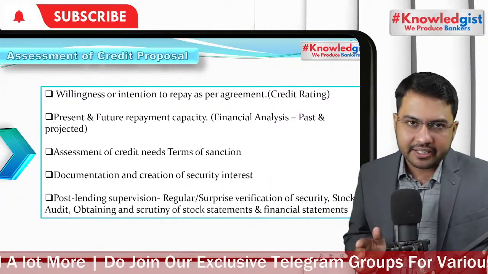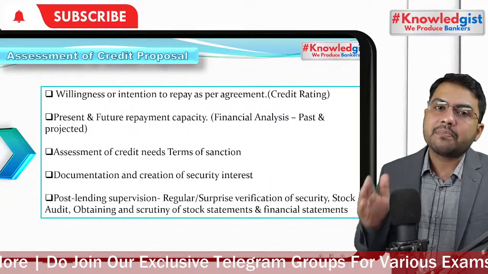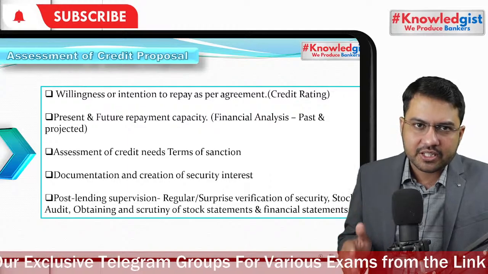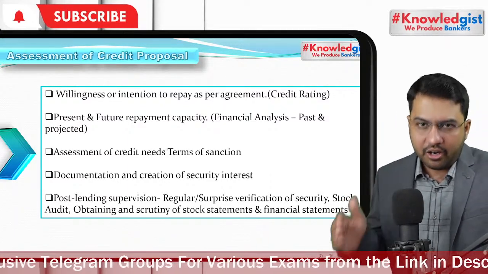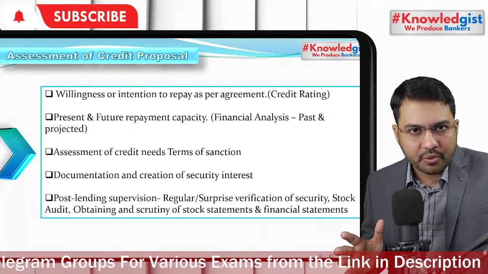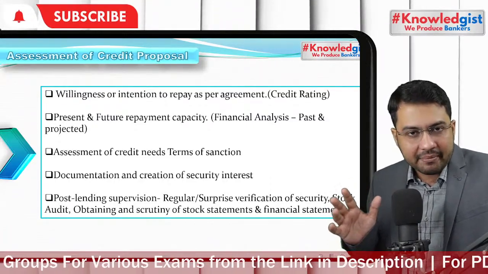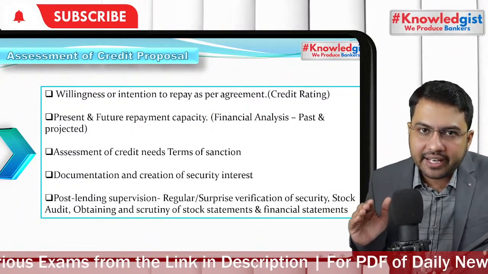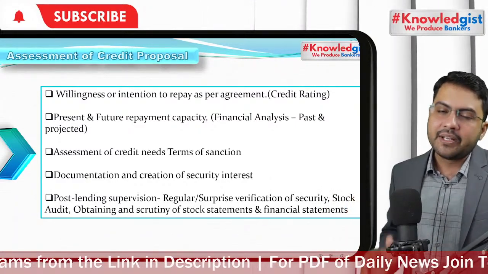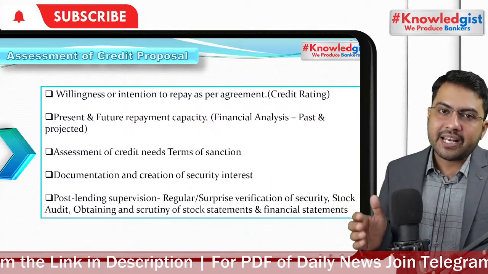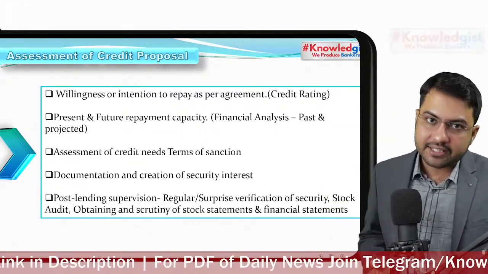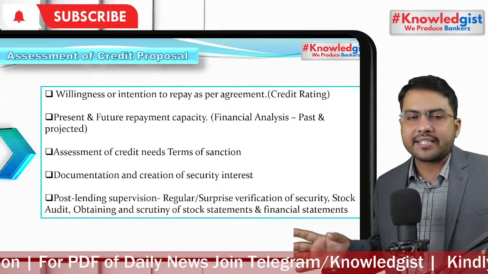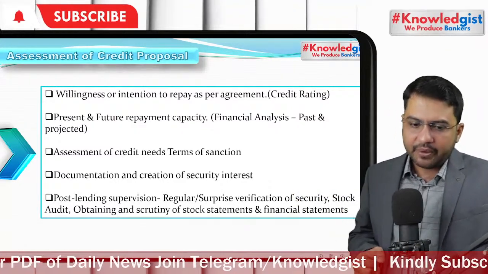And how do you check the intention to pay? From CIBIL, from his past transactions and past record, you find whether this person is a willful defaulter or not. Chronic defaulters you avoid. Vijay Mallya had the ability to pay, but he did not have the intention to pay. So intention to pay is more important. Second is ability to pay. If there is no ability to pay but the intention is there, it could be a loan that will slip to a bad asset, and then you will do a settlement.